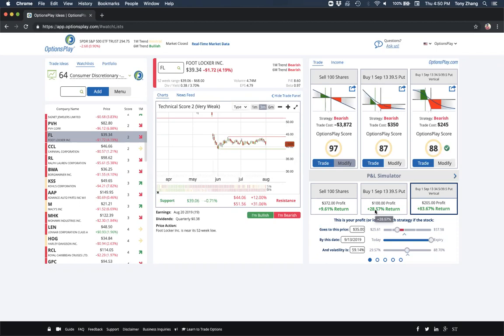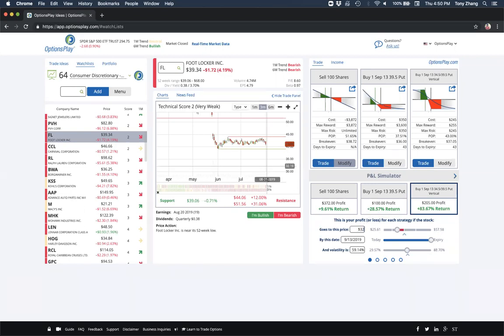So in this particular case, these trades don't look particularly attractive because, as you can see, buying that 39.5 put option cost me $350, which means that the stock needs to move down to $36 before the strategy is even broken even. So if the stock only moves down to $35, I'm really not making a whole lot. I'm only making $1 a share or $100. So this stock really needs to move substantially lower to like 33 or 32 before this strategy starts to make any real money. But as you can see, if the stock even moves to $32, I'm looking at 114% return